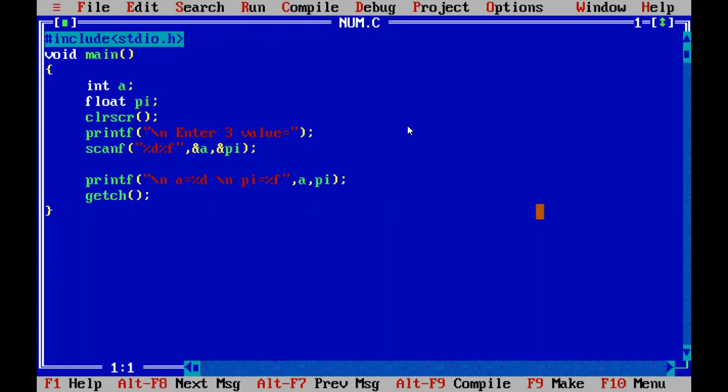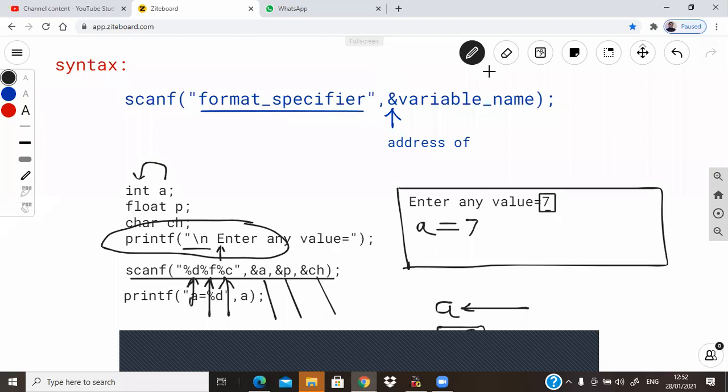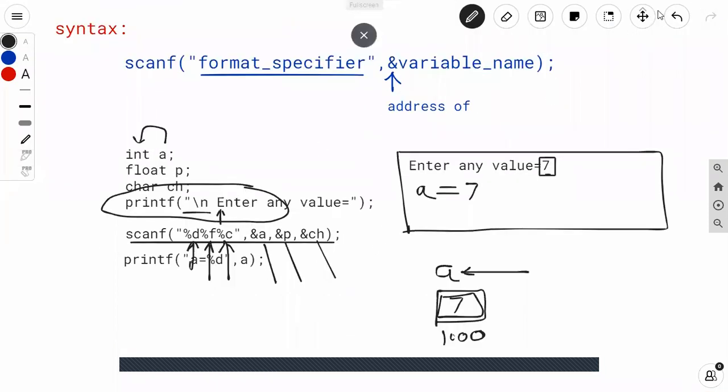Okay. So this is all about the input and output which is used in C programming language. So input function is the scanf function and output function is the printf function. Printf function is used to print the output on the screen and scanf function is used to accept the data or accept the numbers, any numbers, either it should be the integer number, character number, floating point number or the double number from the user.